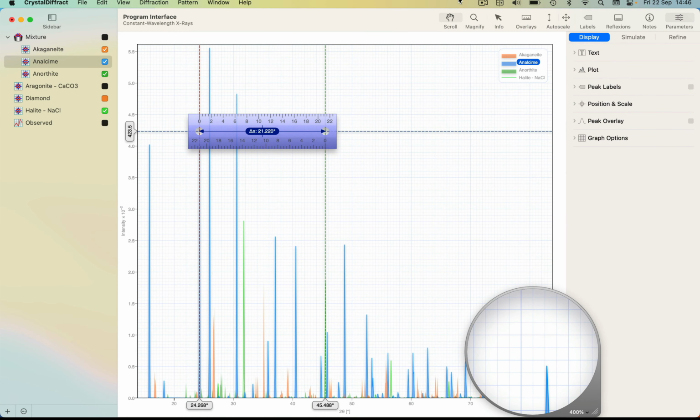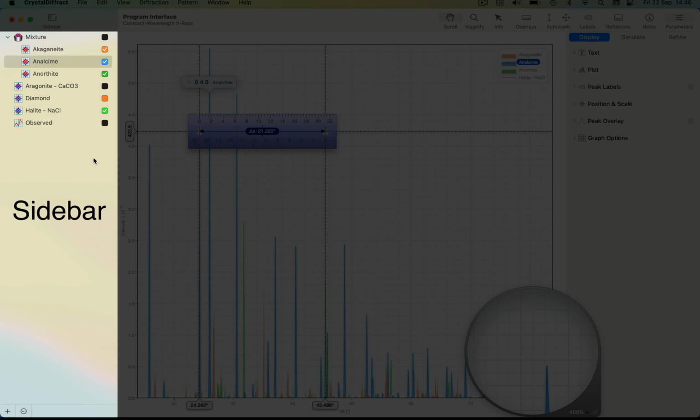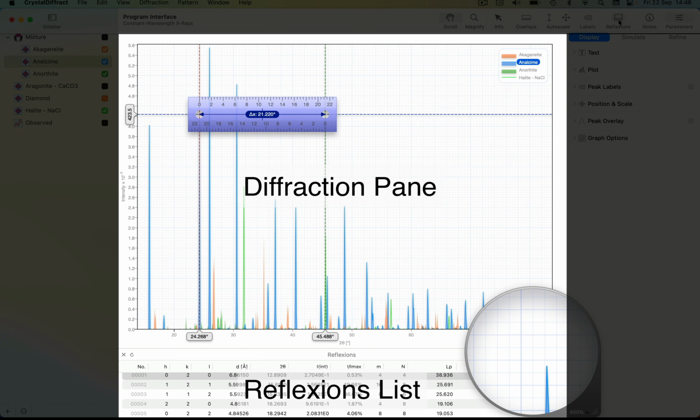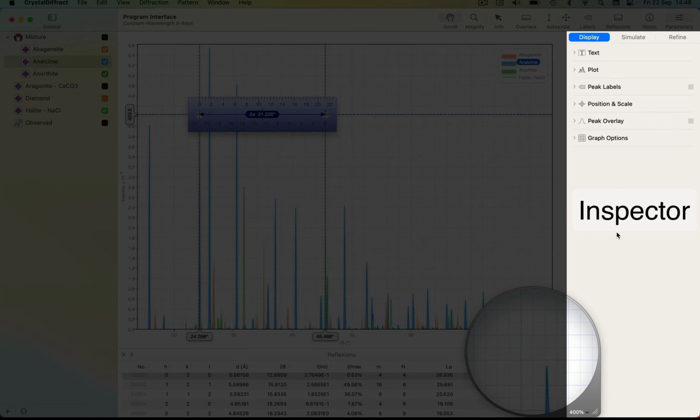In order to do all this, we've split the window into three main parts. From left to right, we have the sidebar. This is where individual patterns are plotted. We then have a central split view. This is where patterns are plotted and their reflections or peaks are listed. And on the right-hand side, we have an inspector, which lets you display notes and edit display, simulation, and refinement